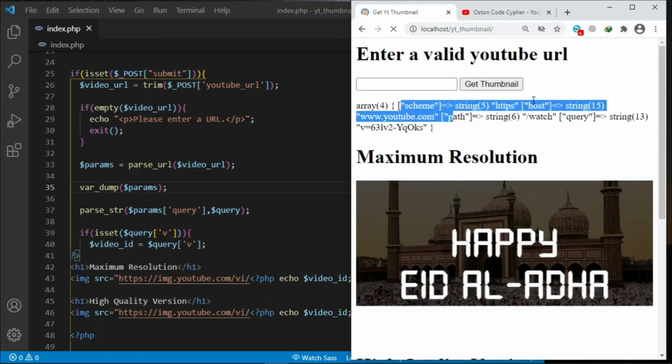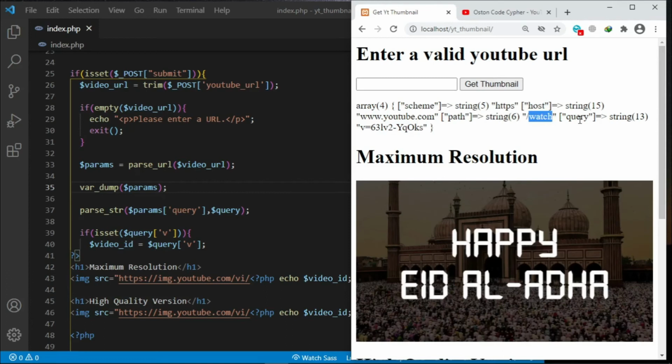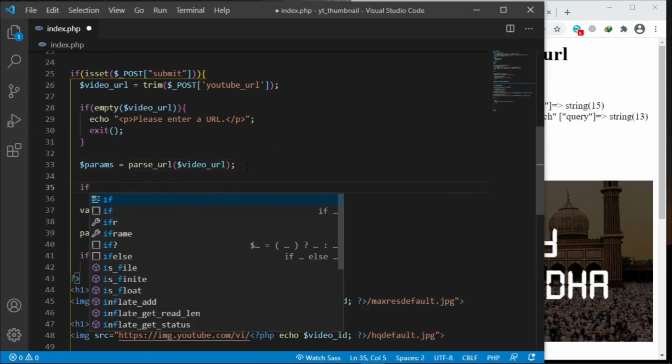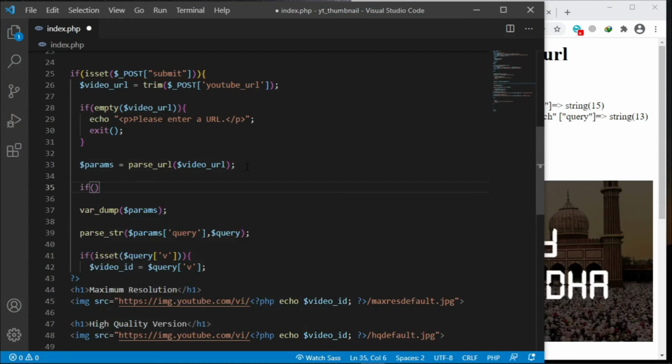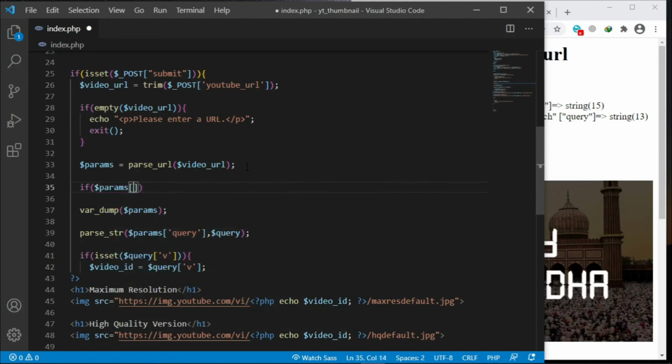So we are going to check for the host if it is equal to YouTube, and then we are going to check for the path if it is equal to watch, then also check the host, the path. I guess that's it. That's what we are going to check for now. Let's go below this. We are going to create some if statement, and we say if params host, we say if it's not equal, so using that exclamation mark, if it's not equal to